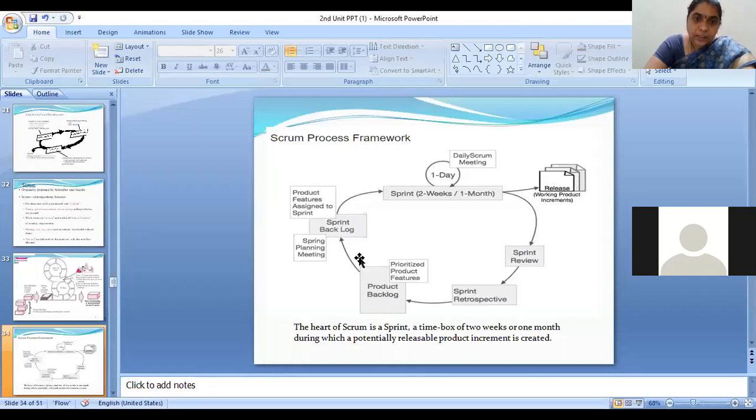And from this, as this is an incremental model, we are releasing the product in different increments. From the list of features that are given by the client, the team will select which module or which feature to be completed first. This is called the sprint backlog. Which increment, which feature they are going to provide in the present iteration among all the features given by the client, that is written in the sprint backlog.